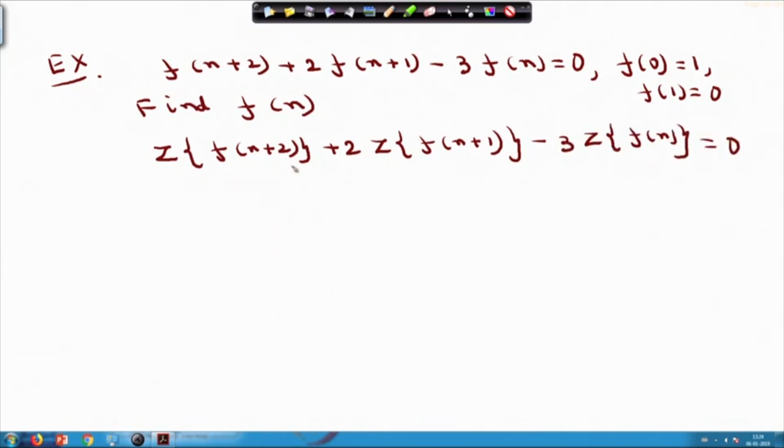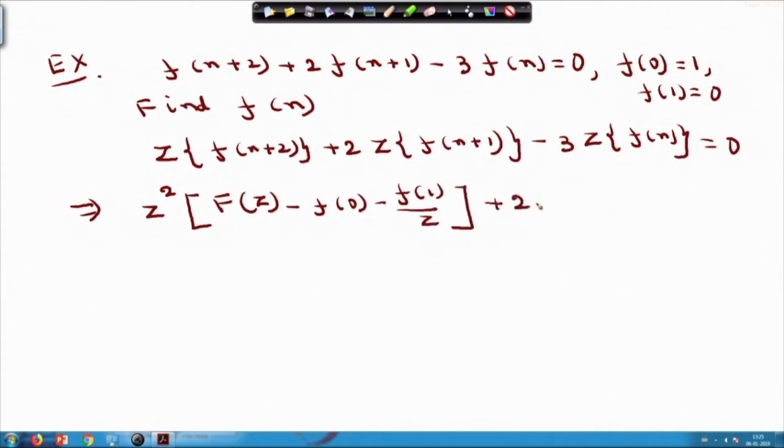Now, from the definitions already we know what is the Z transform of f of n plus 2, Z transform of f of n plus 1, Z transform of f n. These things are known to us, we have done it earlier. So, if I simply follow those formulas, I can write down z square into Z transform of f n plus 2 is equal to z square into capital F z minus f 0 minus f 1 by z,